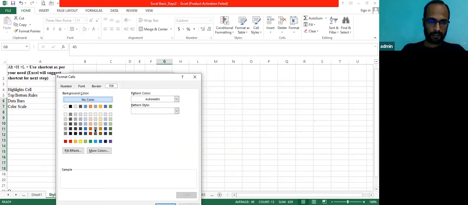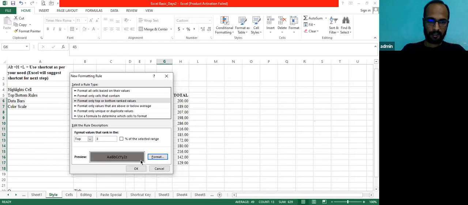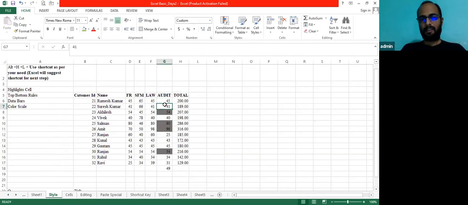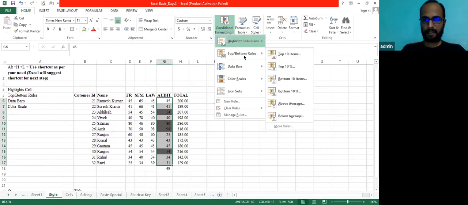Border, fill, color, whatever you want to select, you can select. Click on OK. So it's up to you in which format, in which way you want the data. You just need to define the condition and desired formatting, and you will be able to get that.